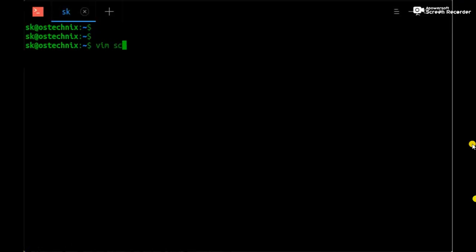So this is also a black screen of the Vim editor. There are two colors, or we can change the color of the background in the Vim editor or the command based operating system. So firstly we will enter in the Vim editor by vi space filename.sh. Over here we have taken the file name abc. So I have written vi space abc.sh.